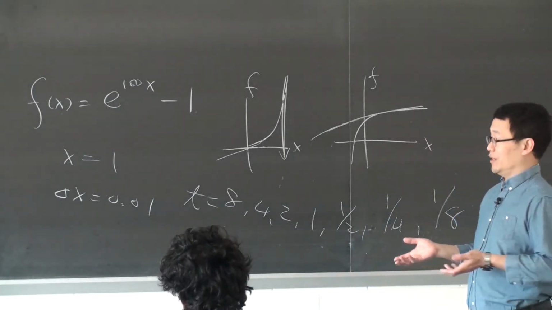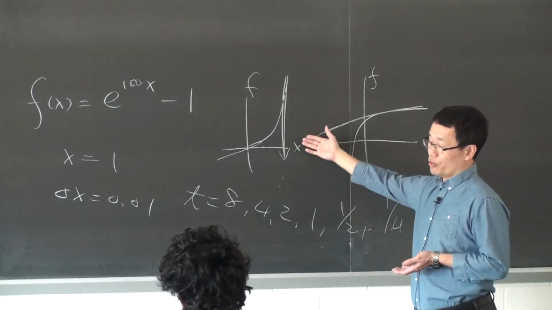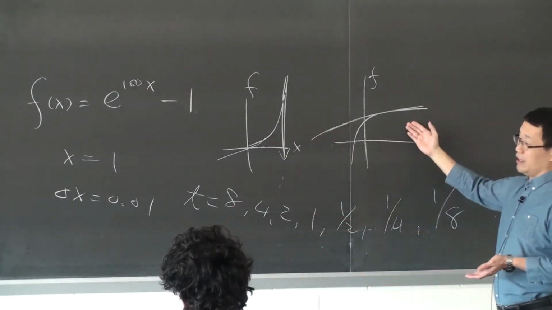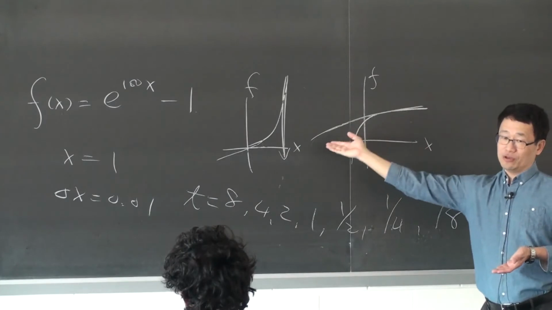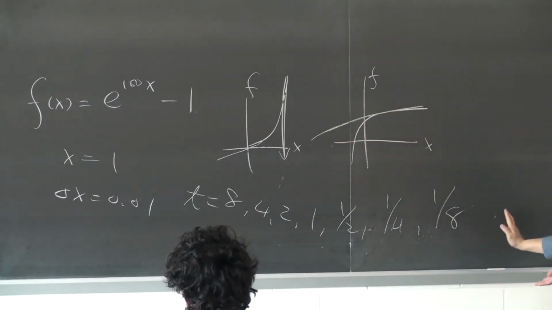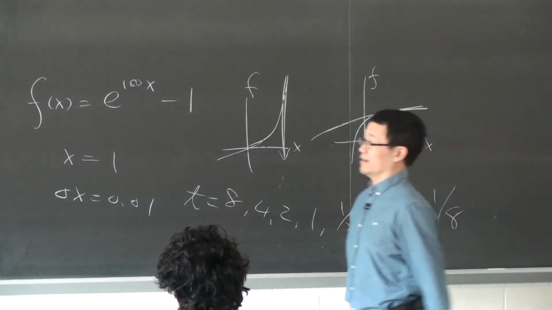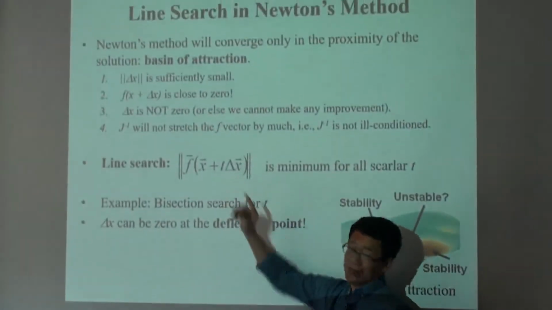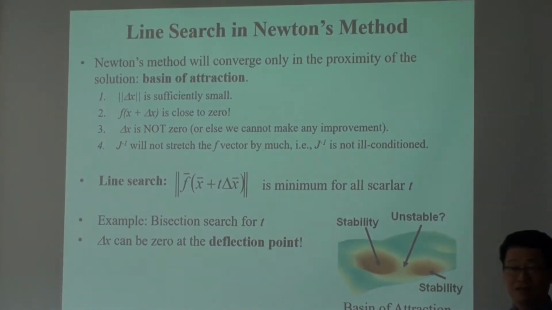So this will make undershoot problems go faster, which is over relaxation. Or here, where your first step is too aggressive, cut it down and make it under relaxation. So this is the line search method. It's just that in our Newton step, you add in a t, and that's all that's different.